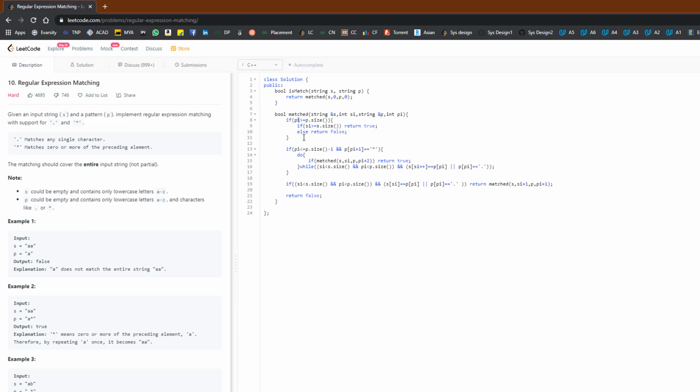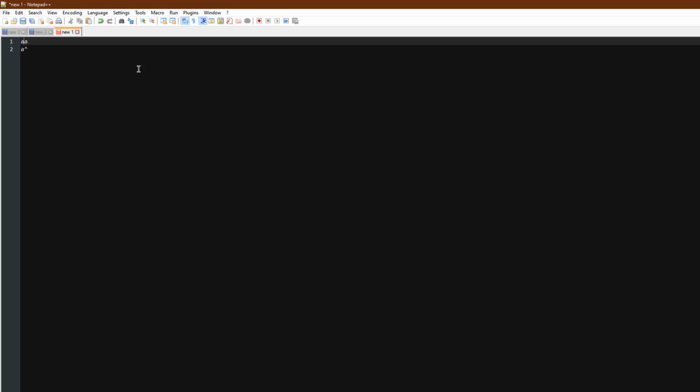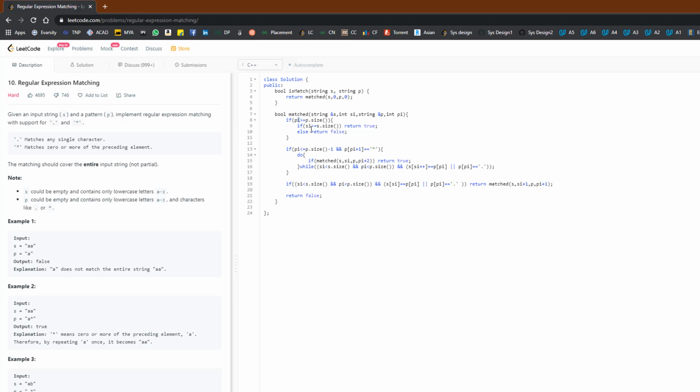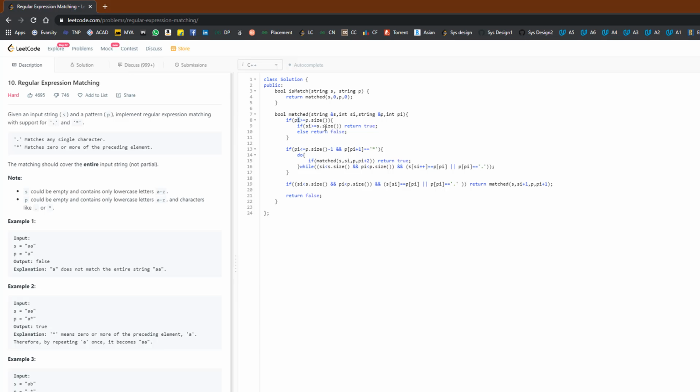The two options will be, one, if the index of S has also come to an end. For example, let me show you. So let's say this. All right, so after matching the first A, the index will be here, and for this the index will be here, and you can see that A has ended. The string has not yet ended, but P has ended. So basically, in this case we cannot form the string S from the pattern P. Like if S has also not ended, then return false.